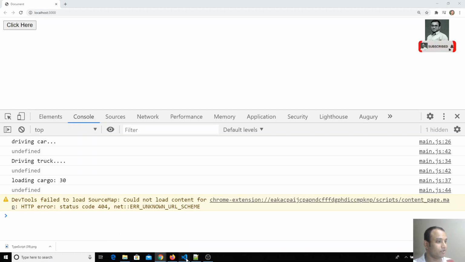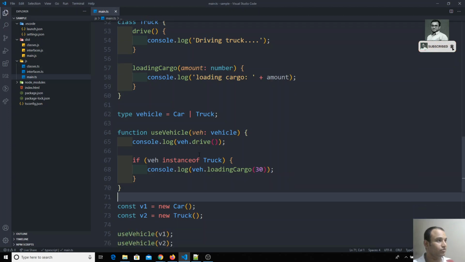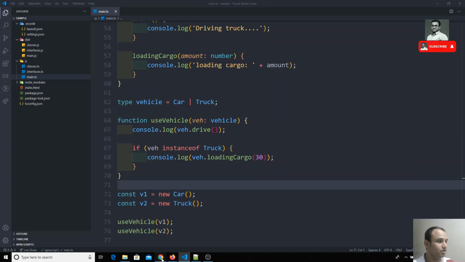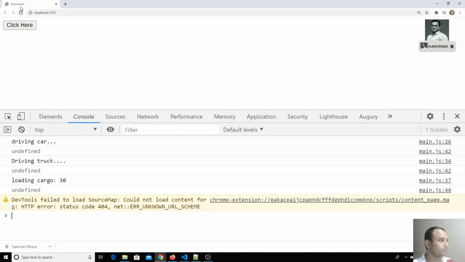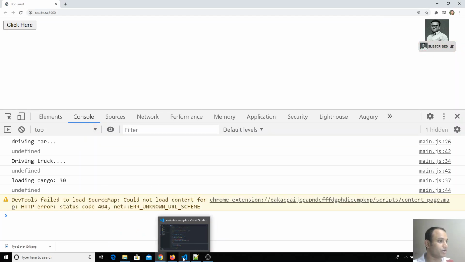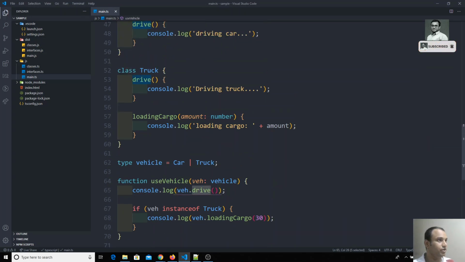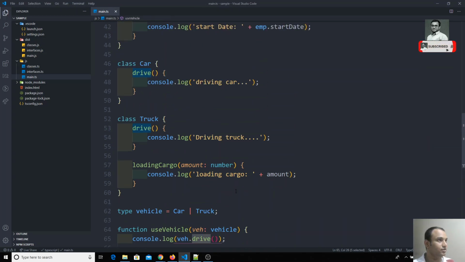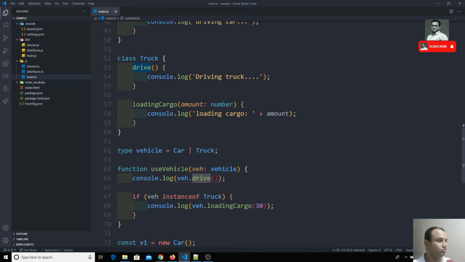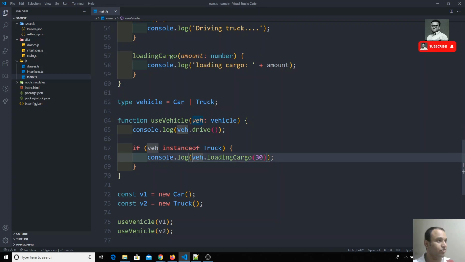We are getting undefined. Why are we getting undefined? Let me check here again. Driving car. We are trying to print with console.log. Somewhere we are using vehicle.drive inside console.log, so there is no need to use the console.log here.